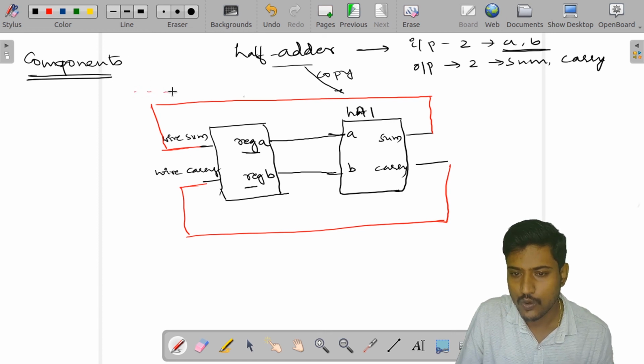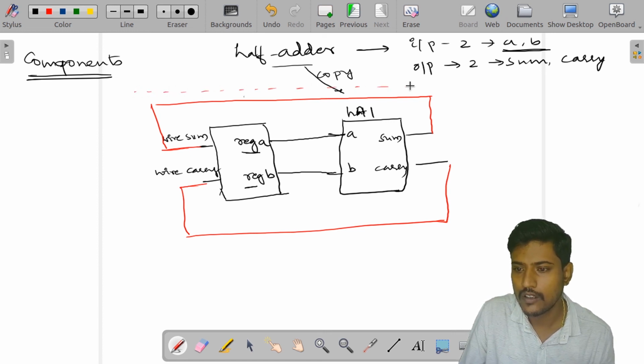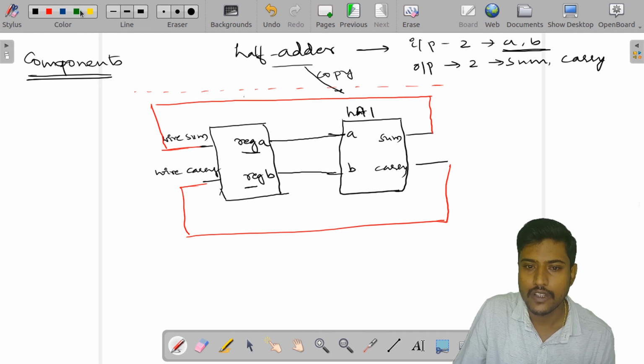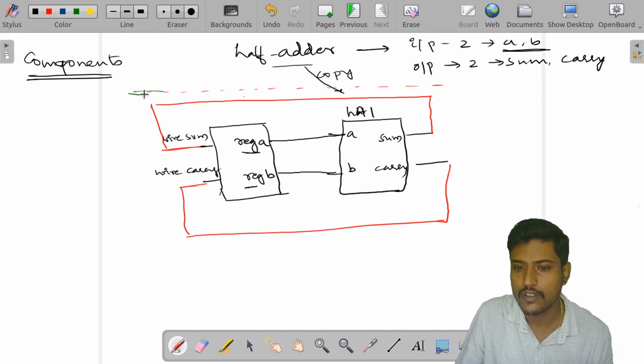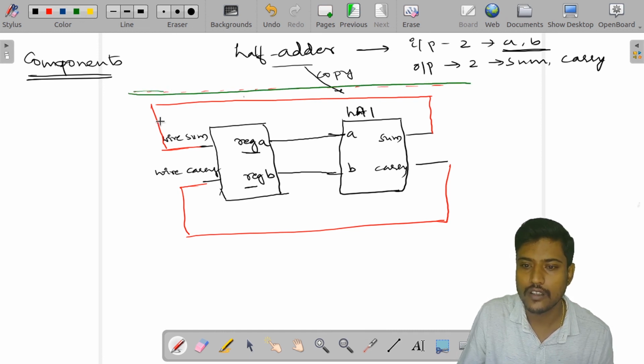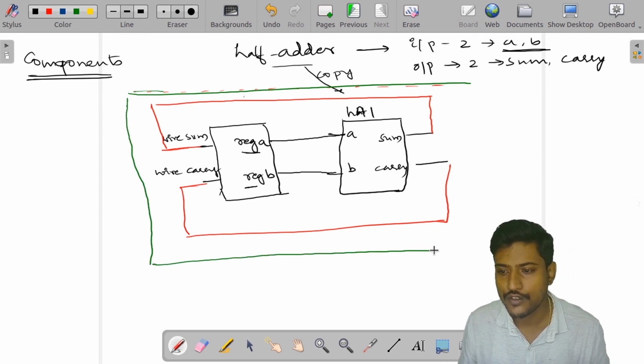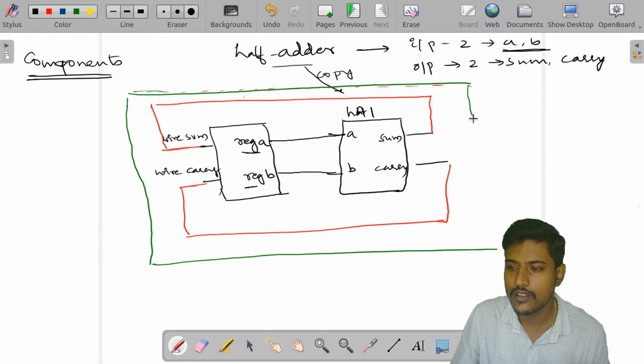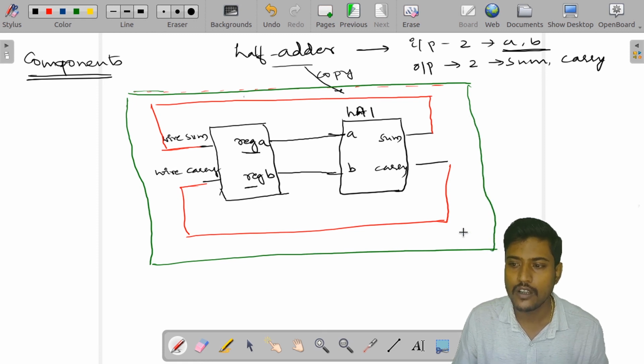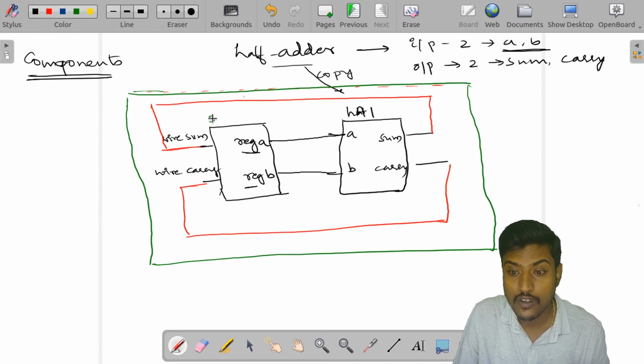So, this whole block, which consists of a stimulus block. Since I am generating the inputs, I can call this stimulus, or stimulus block.